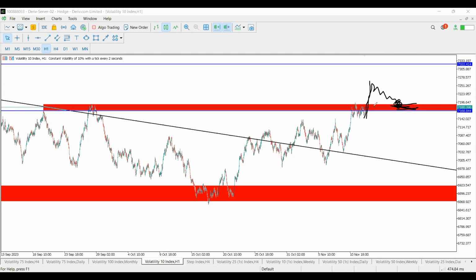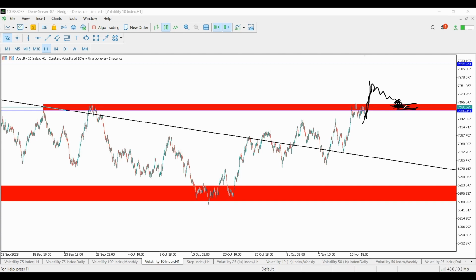By consistency, what do I mean? I mean that, of course, losses are going to be there, but if you calculate the amount of money you've made compared to what you've lost at the end of the month or the end of the week, depending on how you calculate your profitability, you should be profitable. The net should be positive, not negative. Now, if you don't stop doing this, just marking levels, and you say that you're following rules but not making money, this could be what is holding you back.